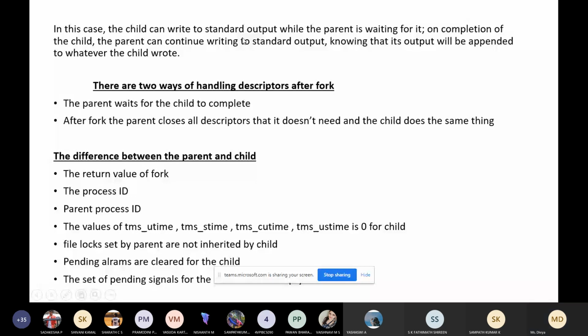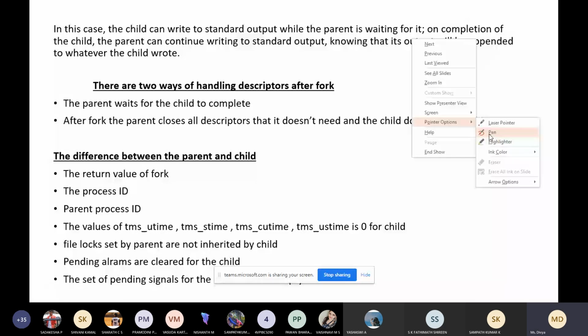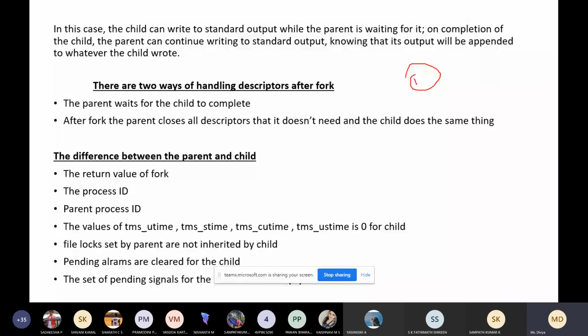Imagine there are two processes, P1 and P2, so this is the parent and this is the child. The child will write to the standard output while the parent waits. Once the child completes writing to the file, the parent will continue writing to the standard output, knowing that its output will be appended to whatever the child wrote.